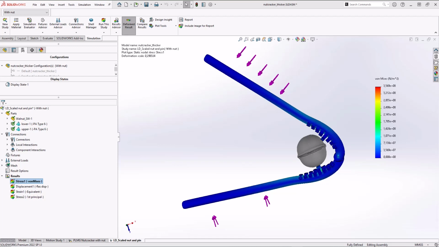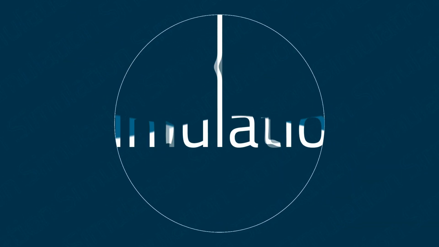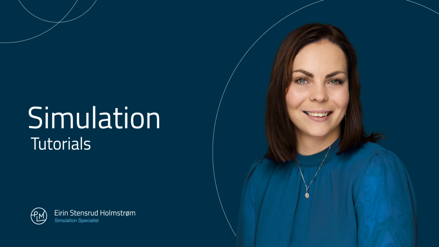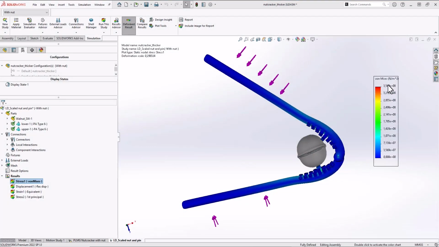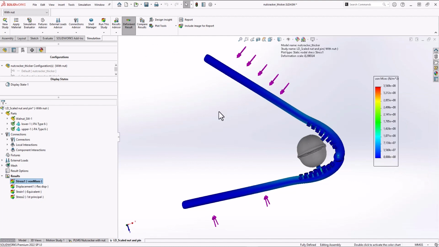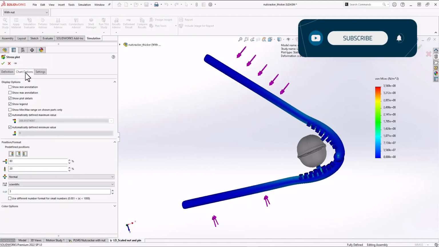When you look at simulation result plots, the default unit for stress is Pascal and the default numbering displayed is scientific. If you are like me and prefer megapascals and floating, this can easily be changed by right-clicking on the plot or the legend. Edit the definition to change the unit to megapascal, and edit the chart settings to change the